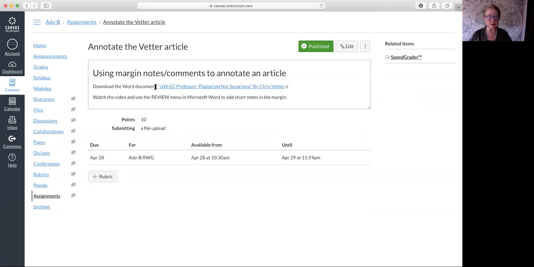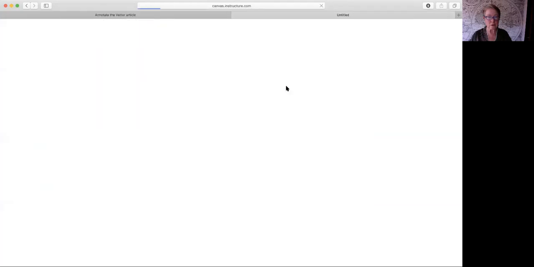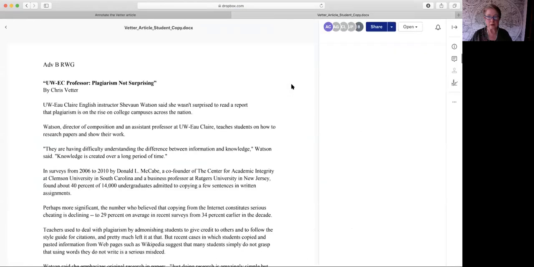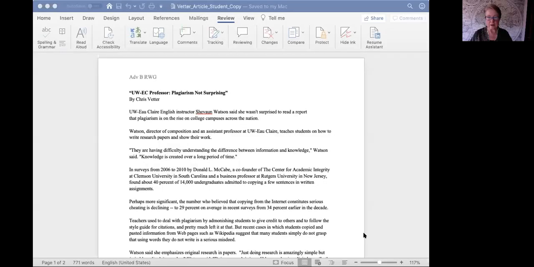So here is the article. Here's your assignment. You'll find this on Canvas. And I'm going to link to my Dropbox, and I will go here down to the and download the article. All right, so then let me link to that. So I will get that article up here. Okay, here it is. So what you need to do here is to annotate this, and